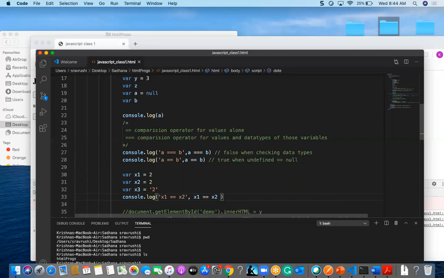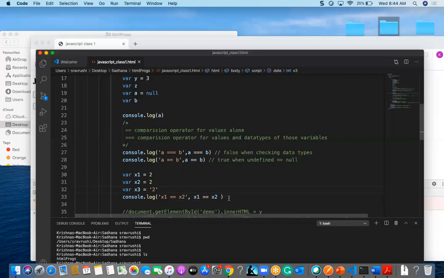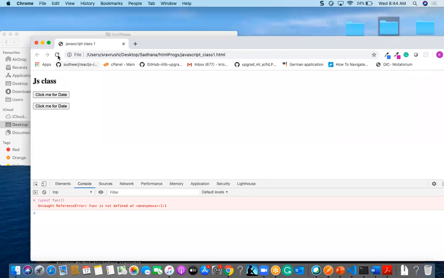Okay, so are you there? Can you tell me? x1 I gave 2 and x2 I gave 2. As we have discussed, if this is equal in value alone, this condition will become true. So what will be the value here?